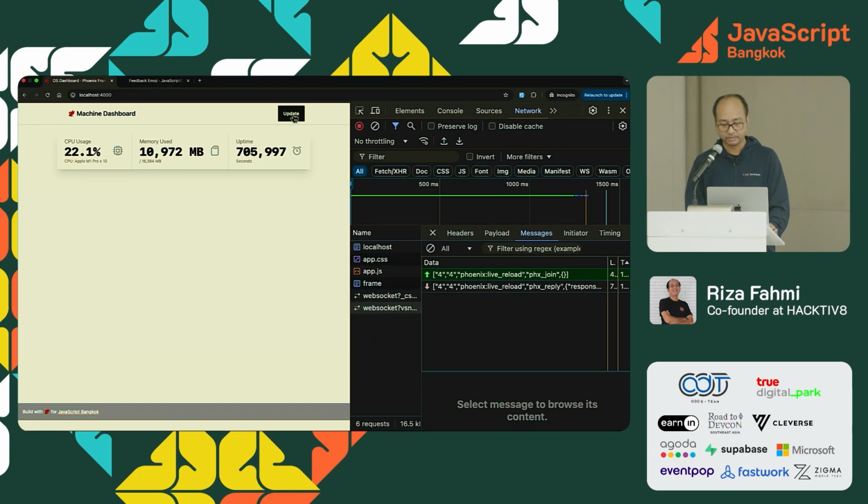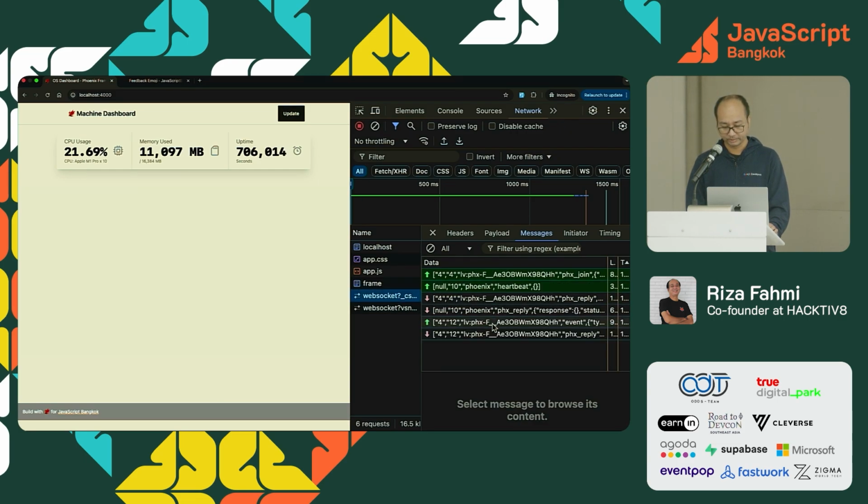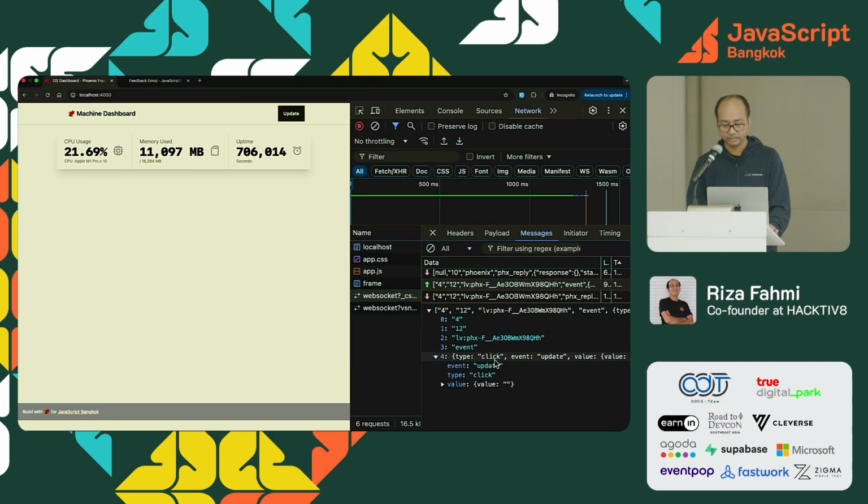So when we click the update button, it will send the data like event type click, like this. The event name is update, and it will send the data.